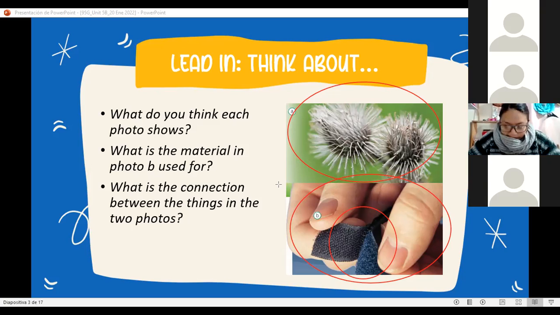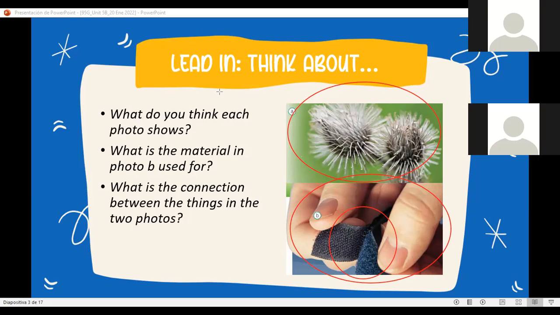Hay que cuidarse. What do you think is the connection between these two, this flower and the Velcro we have here? Do they have something in common? ¿Tendrán algo en común? Nothing in common, guys?